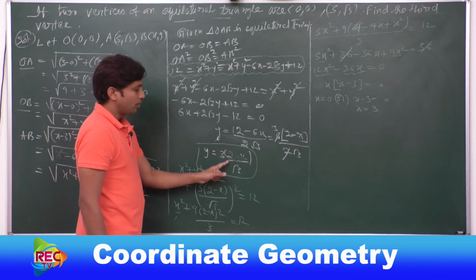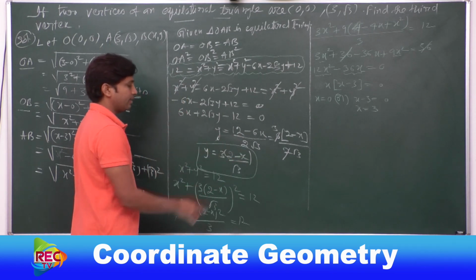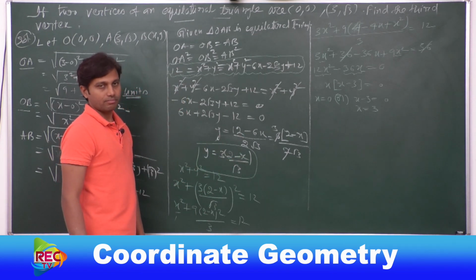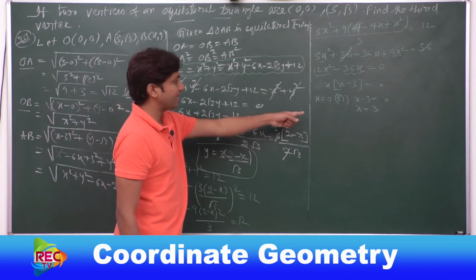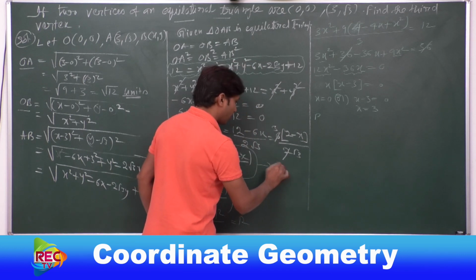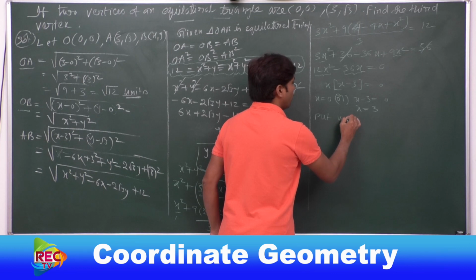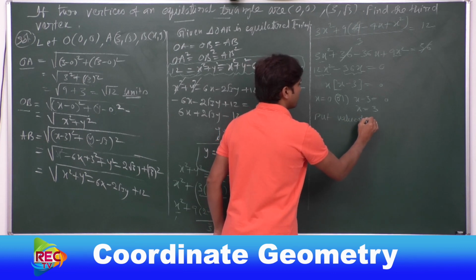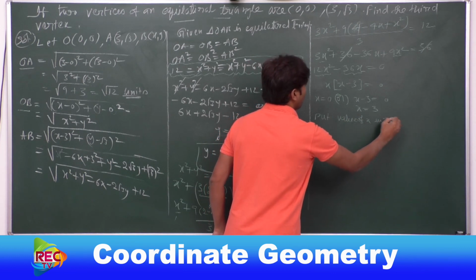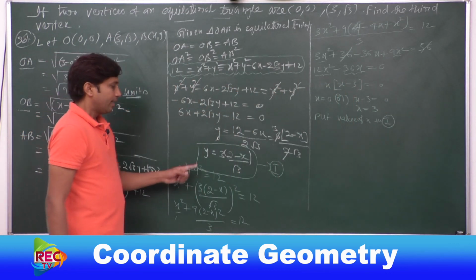Sorry, here this is (2 minus x) upon root 3. Let me write this is equation 1. Put the value of x in equation 1. Now what do we get? y equal to